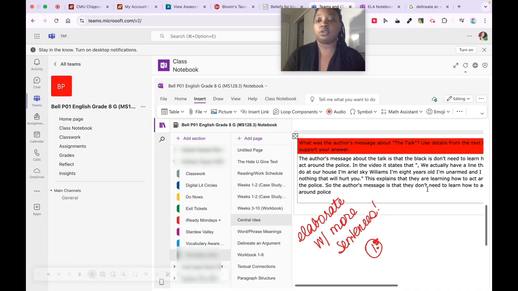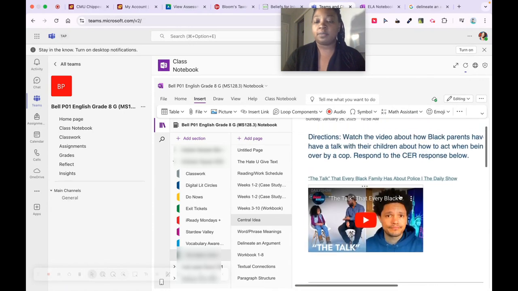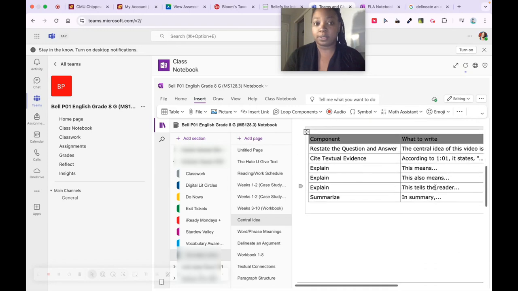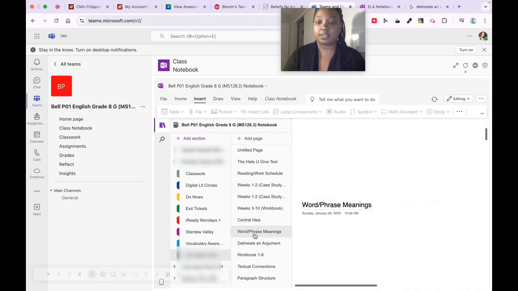So they get a 2 if they master how to write a RACE response or a CER response, and they get a 1 if I see they're almost there, and a 0 basically if nothing is there. So that is one activity I had my students do, simply using tables from OneNote and the option to add a video. Another activity I had my students do was,